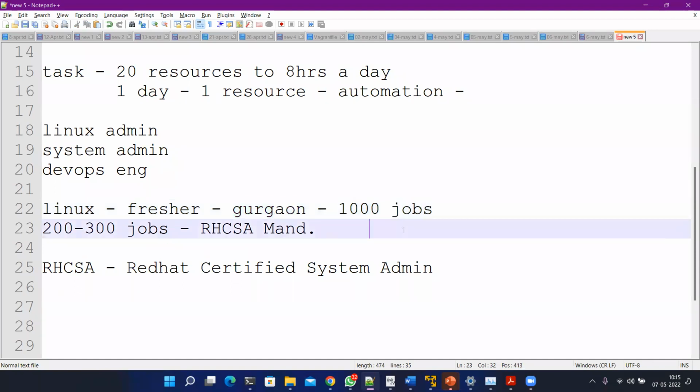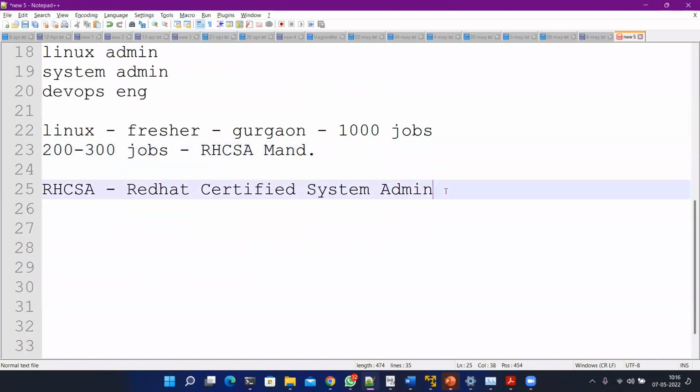And they keep on updating. It's not like 1,000 jobs are there for only 3 months. No, every day new job postings are uploaded on all of these portals. Even for experienced professionals, if you are interested in changing your domain, if you want to enter the cloud or maybe automation, then Red Hat Linux is step number one. You need to have a basic understanding of Red Hat Linux.